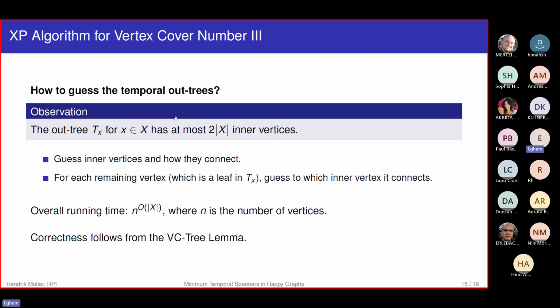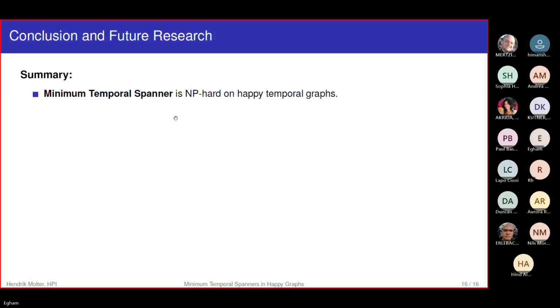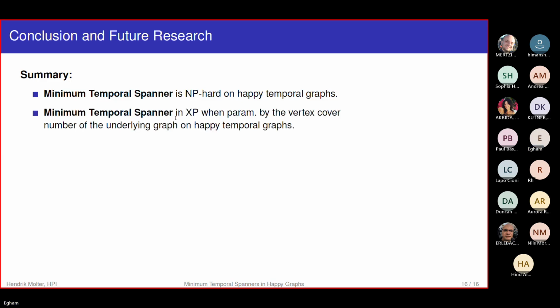Okay, and that's basically what I wanted to show you. So to conclude, the main result of our paper is this NP-hardness for happy graphs, which I also forgot to mention or forgot to put on the slides. It was explicitly asked as an open question in previous works. Then we showed this XP algorithm with parameter vertex cover, and then I told you we have the W[1]-hardness